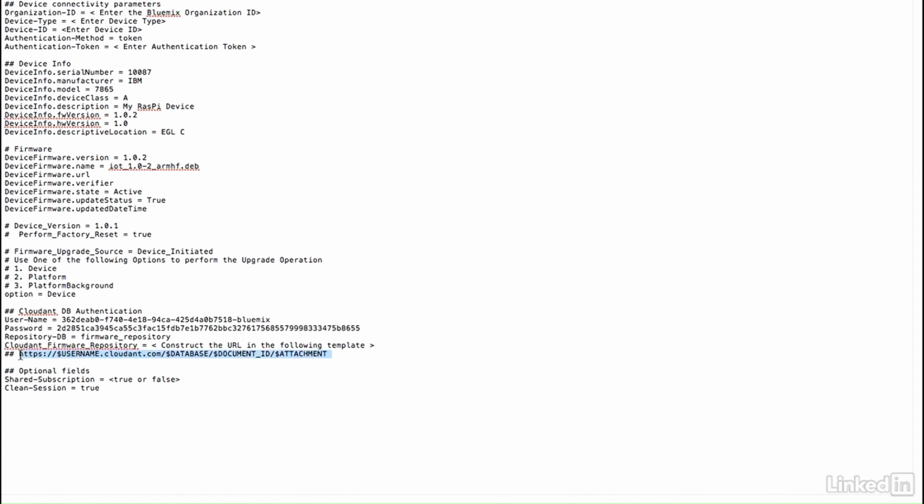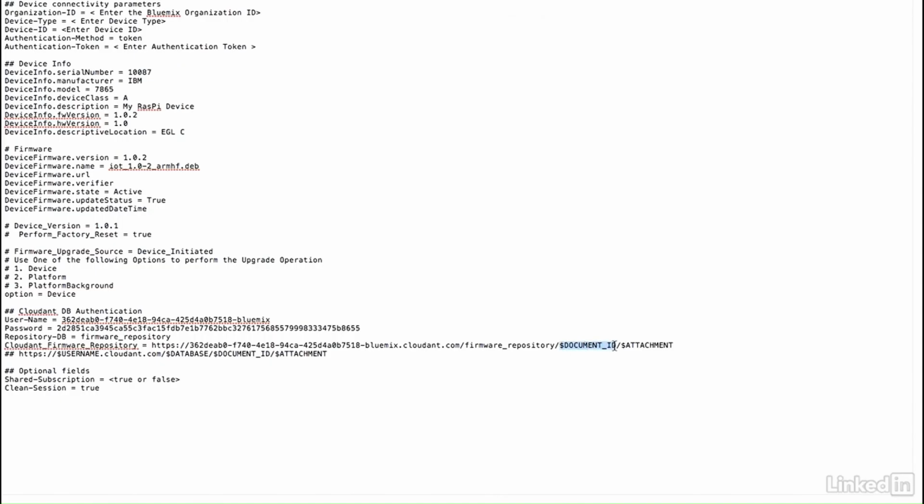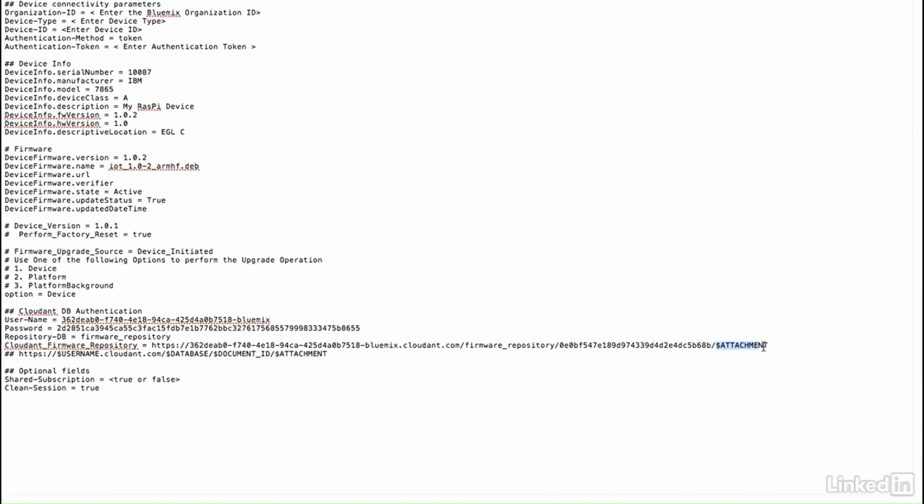Now, we're going to create the connection string for this parameter. We copy the username string to this string, and then we need the database name, and then the document ID and attachment name. So we have to go back to the Cloud and Database Service interface to check those values. This is the document ID. This is the attachment name. Now, we save the file, and we're going to change some values here. To see the organization ID, let's go back